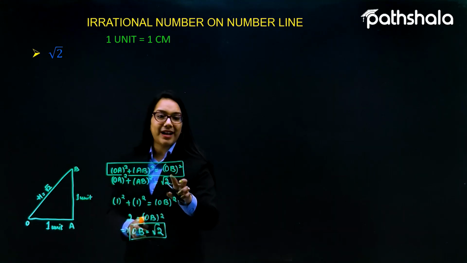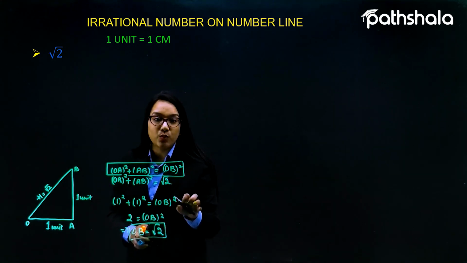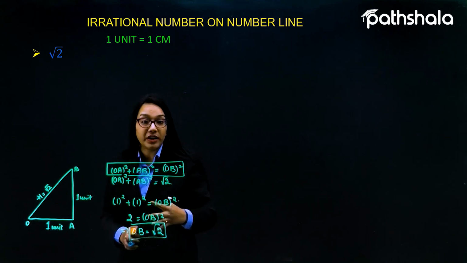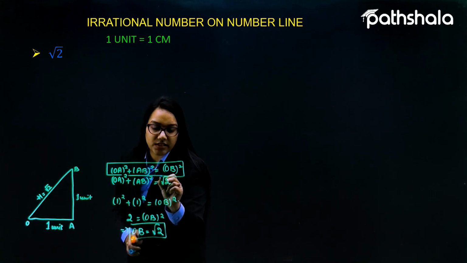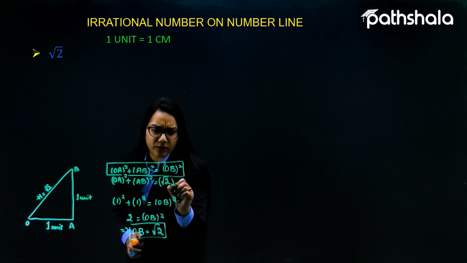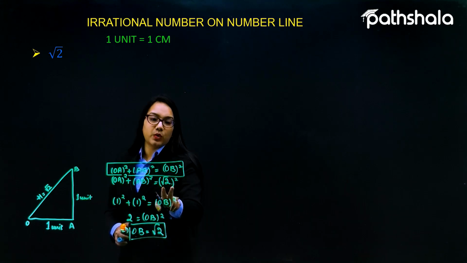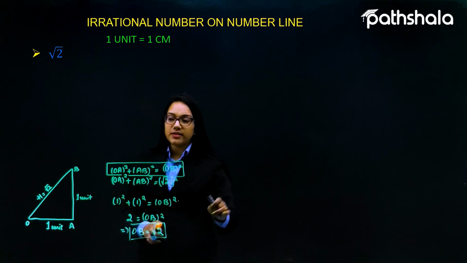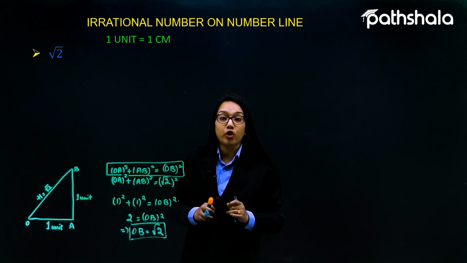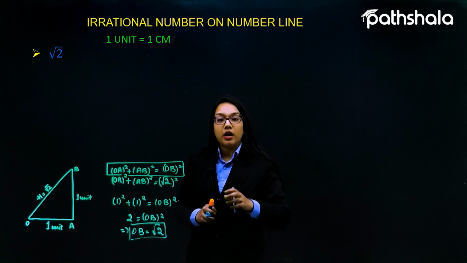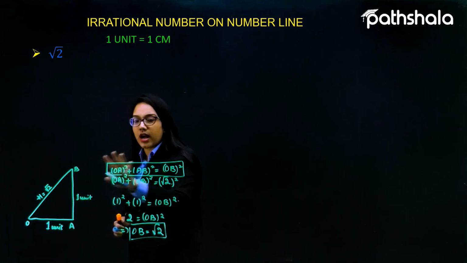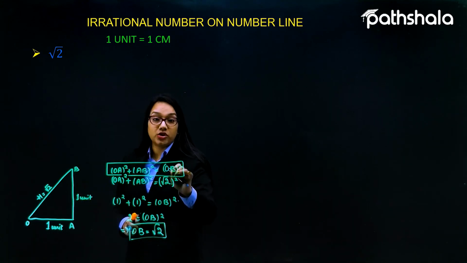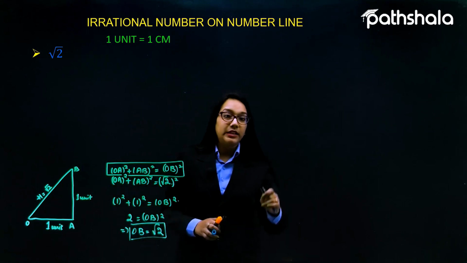We do know that OA square plus AB square is equal to 2. So always remember, we always have to follow the Pythagoras theorem in order to represent an irrational number on the number line. So let's start using this concept again to construct or represent the irrational number root 2